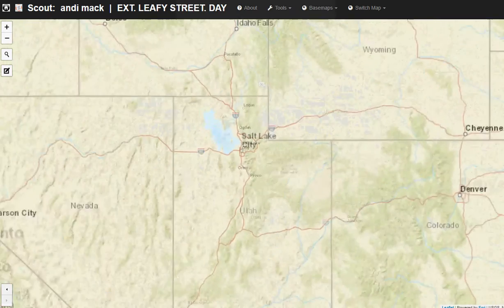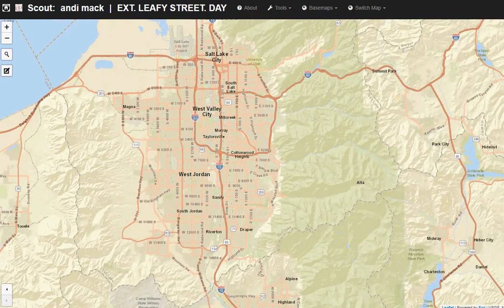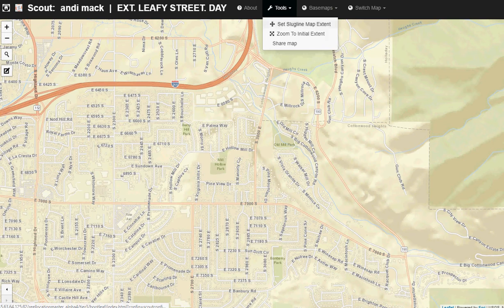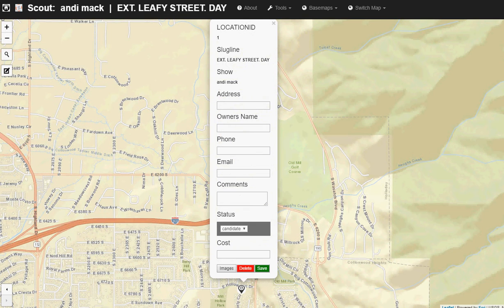We'll set the slug line extent so we know that we're going to be filming in Cottonwood Heights. We'll set that, and we'll add a point to it. I'm just going to add a single point. I've changed some of the fields here, you'll notice. So we've got the owner's name, we've got phone, we've got email. The comments field actually will,